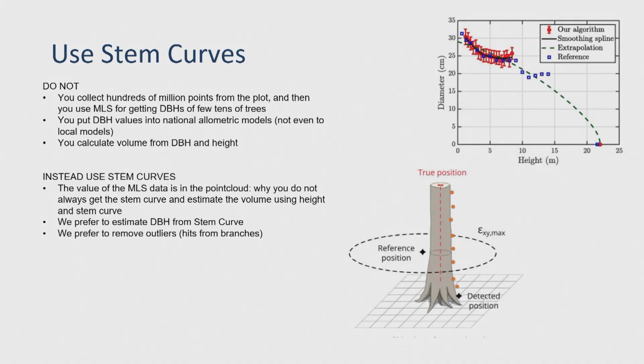So first of all, Xinglian reconstructed the trunks. We said that, okay, we don't need to reconstruct, we are using stem curves. In Finland, the trees are straight. So we started to use stem curves, and the lowest log is the lowest value. We get a lot of data. We don't want to process only the diameter at breast height, because you get the whole stem curve. Why don't you use it? So we started to use the stem curve, and we get the tree height, and we had a model. And you can put your own model there if you like. And if you want the diameter at breast height, then we estimate it from the stem curve, because sometimes the diameter at breast height is shadowed by other trees. So that was the first logic.